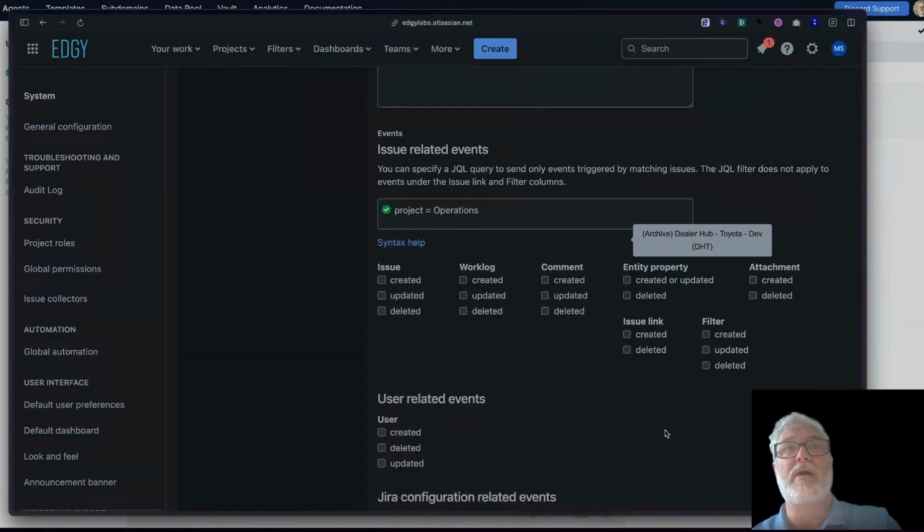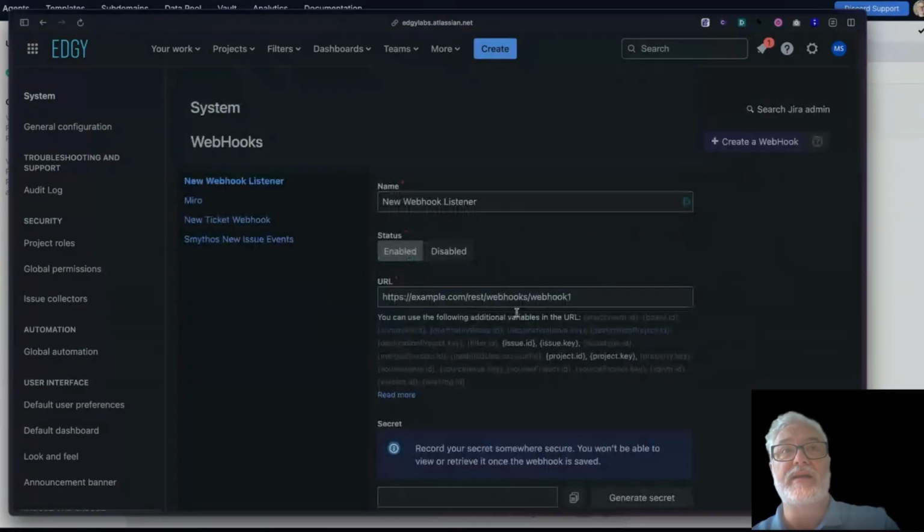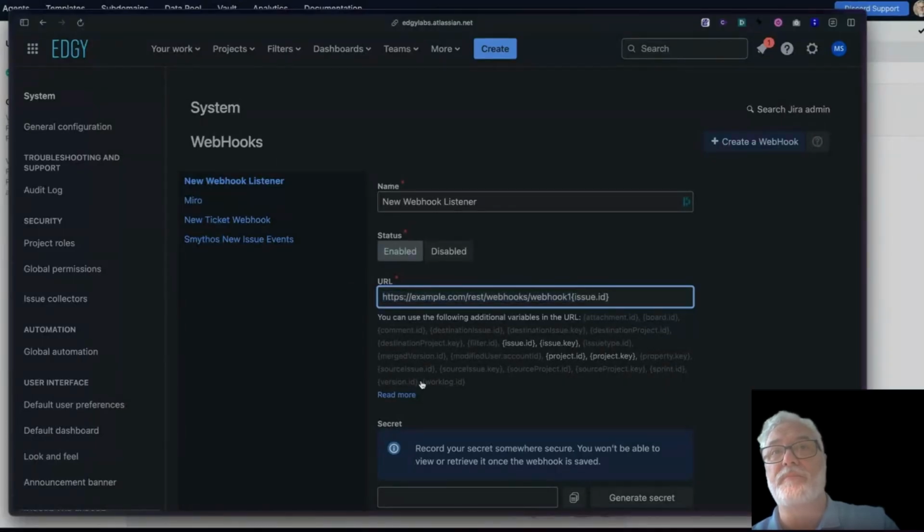Right? So now it will only look for created or updated issues inside of the project operations. When it does, it's going to send or basically make a request to this webhook and maybe pass along the issue ID, right? That's not how we would do this, but